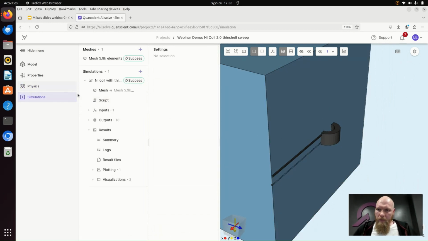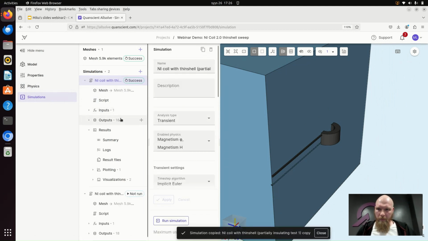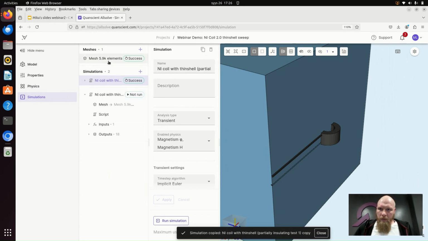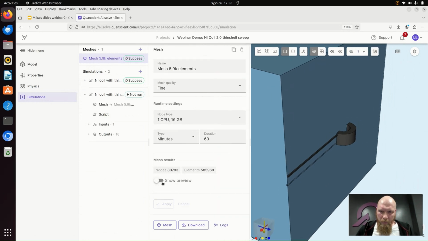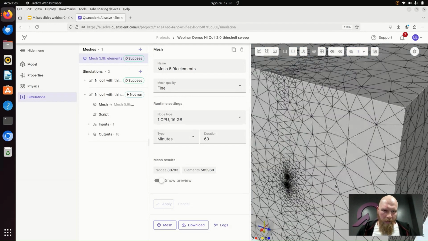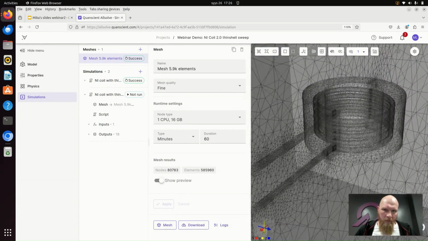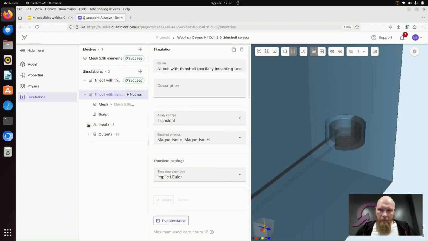Then in the simulation section, let's make a copy of this old one. So you can see here we have the meshing options, and the mesh looks like it was in the slides. You can visualize it here. And then we can do a sweep over the